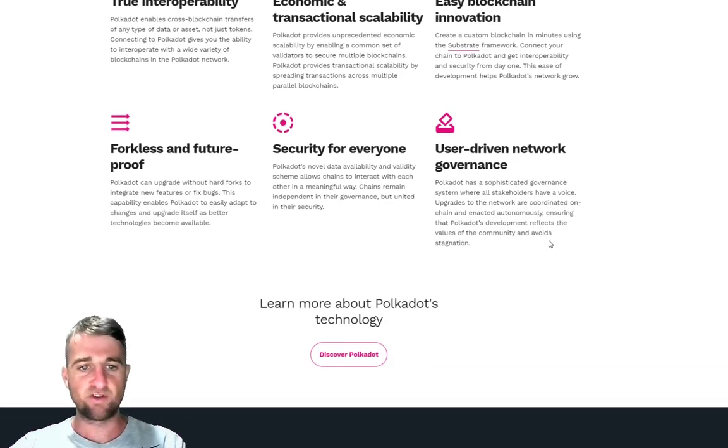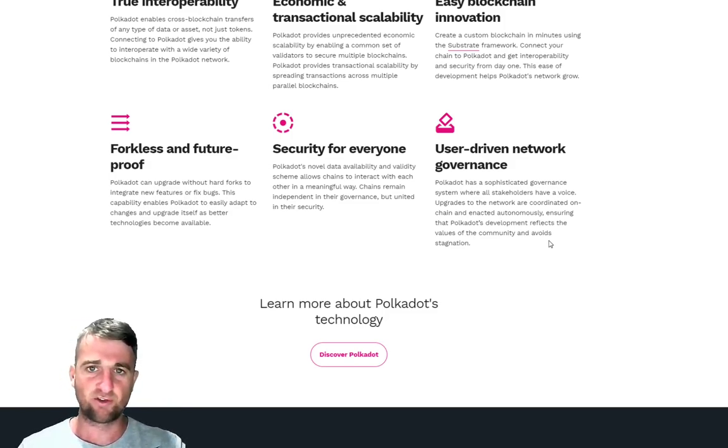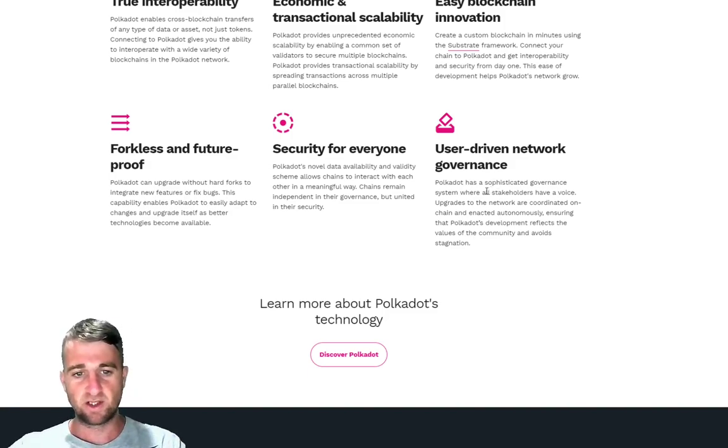And then finally here is user-driven network governance. So Polkadot has a sophisticated governance system where all stakeholders have a voice. That really then comes into decentralization. It's not just one person, one validator having the say and saying this is what's going on with the network. People need that ability to have a decentralized aspect to a coin, and that's what that really does say, where you have a governance system in place where everyone has a voice and people can vote on specific parts. So upgrades to the network are coordinated on-chain and enacted autonomously, ensuring that Polkadot's development reflects the values of the community